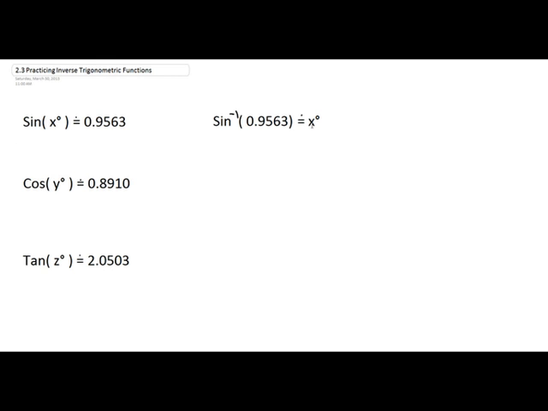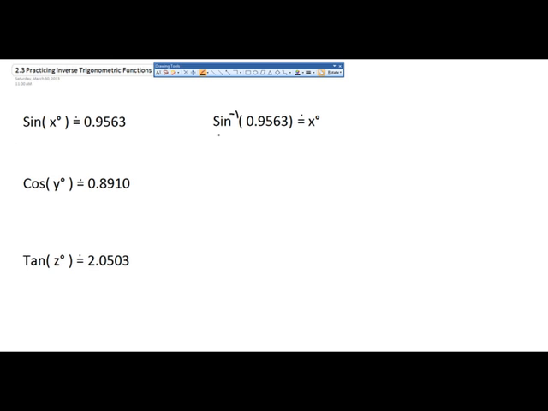And in general, we're going to be approximating our degrees to the nearest whole degree. So we're going to be rounding to the nearest whole degree. I've got the first one set up for us. So what we have is, sorry, let me just get my pen out here. If we have the sine of x is approximately